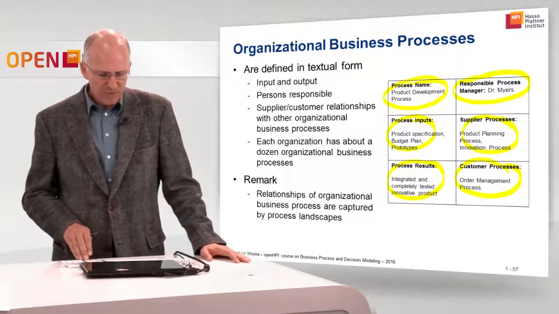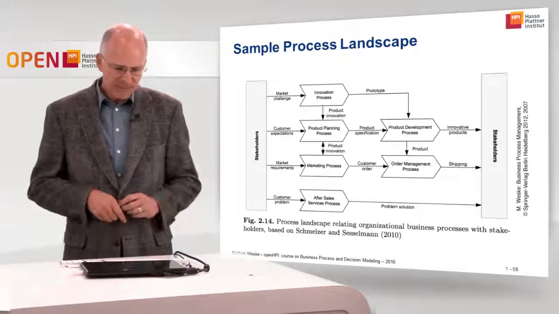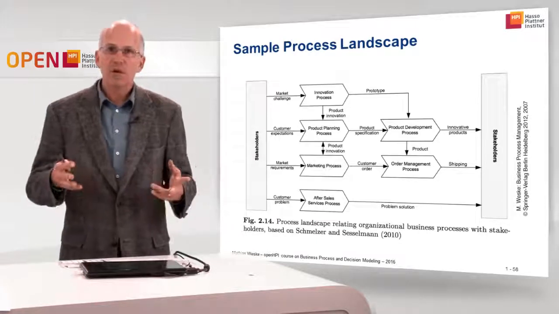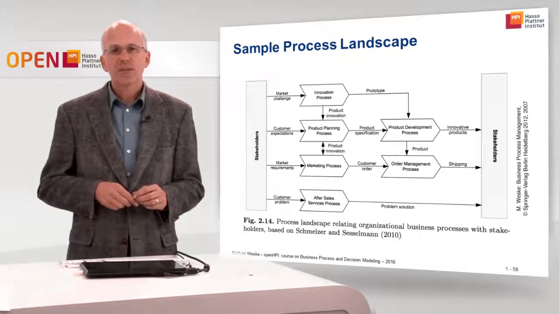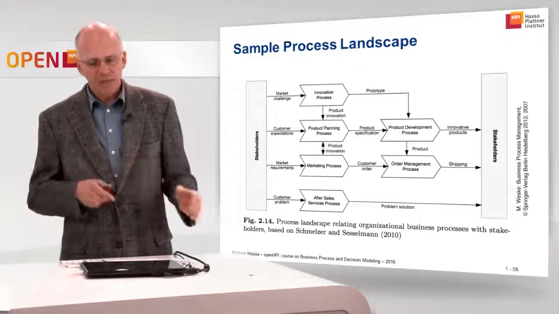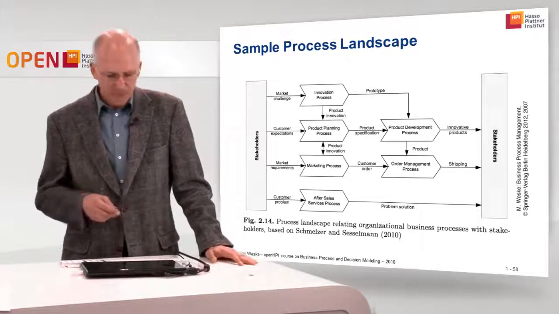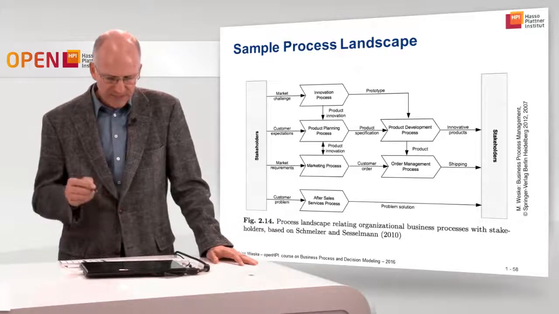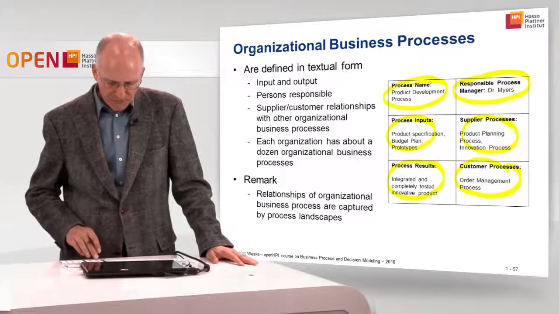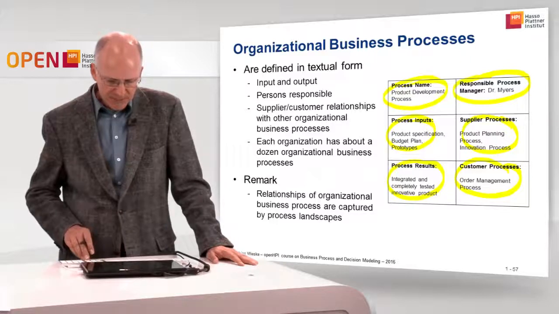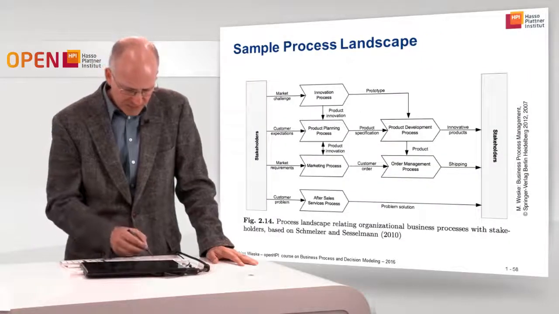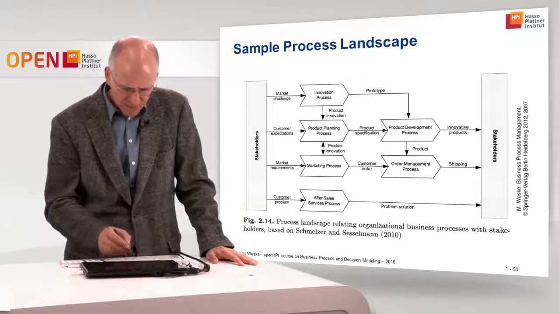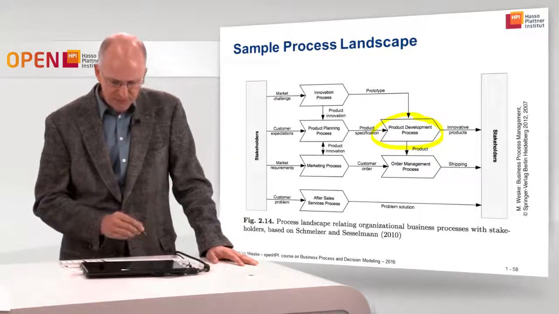All right, so here the focus is on one organizational business process, and we can draw a map of all organizational business processes with their customer-supplier relationships, and then we end up with a process landscape. This slide shows you a process landscape. In the previous slide, we had this product development process, and the organizational process is on this slide represented by this symbol,